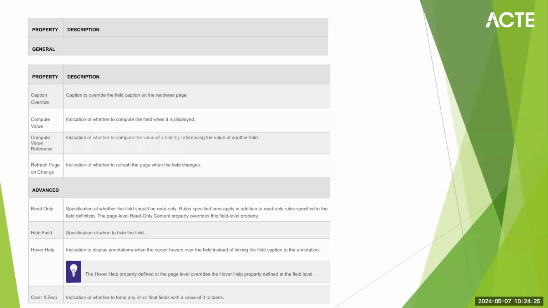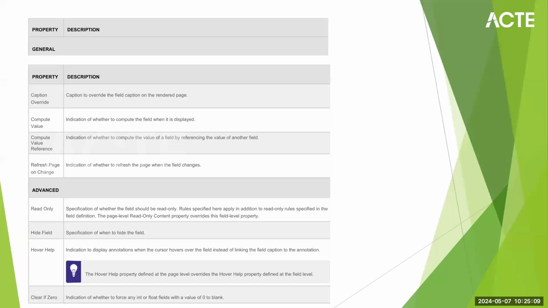Clear if 0 means you created a policy, you already entered a value in a particular screen, and you navigated to the next screen. When you come back to that screen again, it should default to 0 or blank. In that case, you need to keep the property as clear if 0. If not, the value you gave manually previously will be displayed when you come back to that field. You don't want that. So when you click on refresh, it should navigate to blank or 0. In that case, you can use the clear if 0 property.